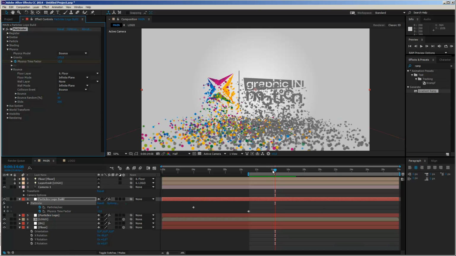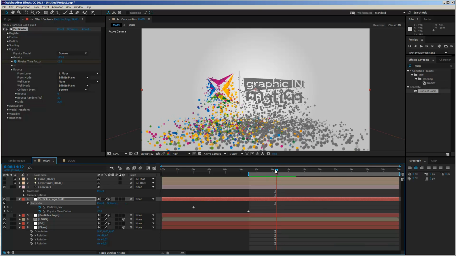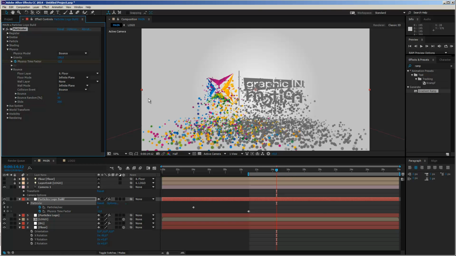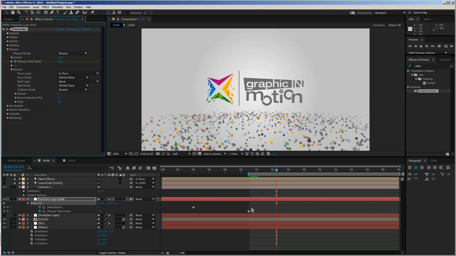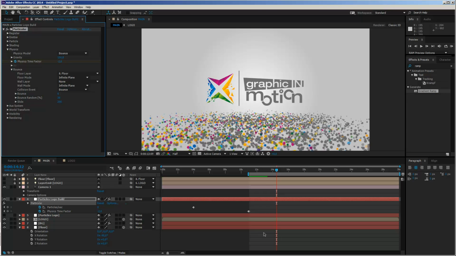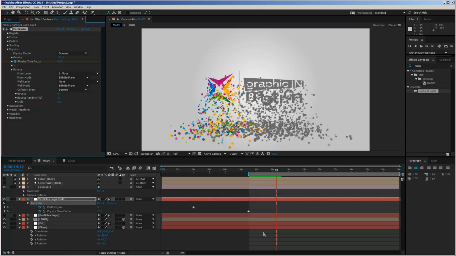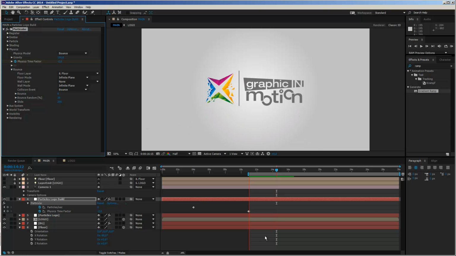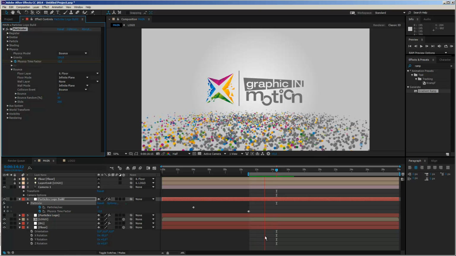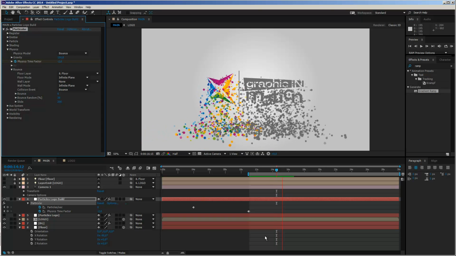I think that I have to reduce the gravity actually, because they are rising pretty fast. So let's just reduce the gravity to about 150, and this should make them drop a little bit slower and rise a little bit slower. Let's take a look whether this works. And I think that this looks pretty good. So again, let's make a RAM preview. Particles come together, start to rise up.